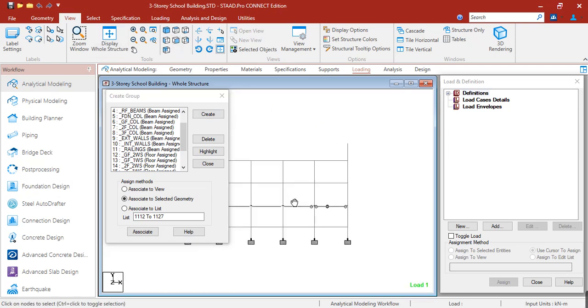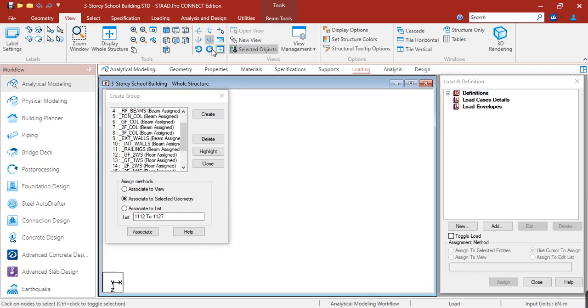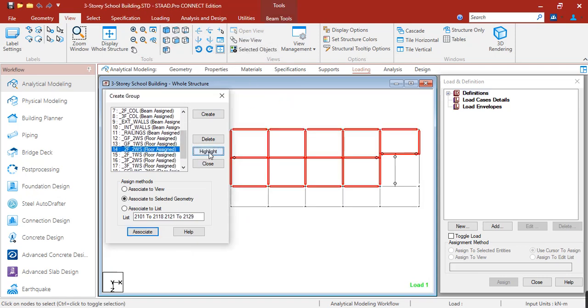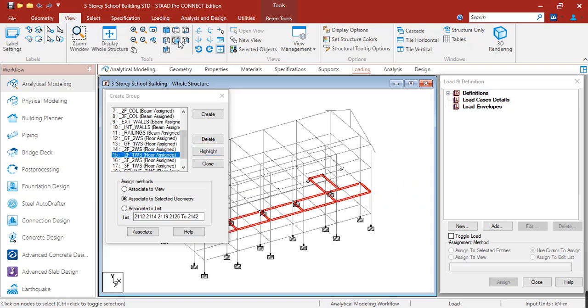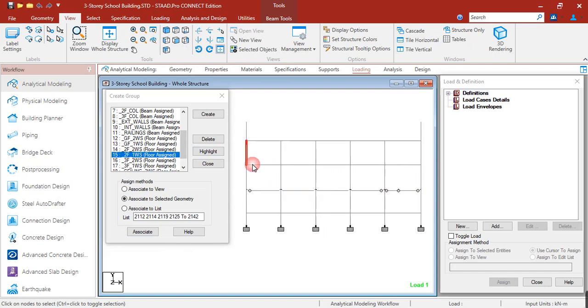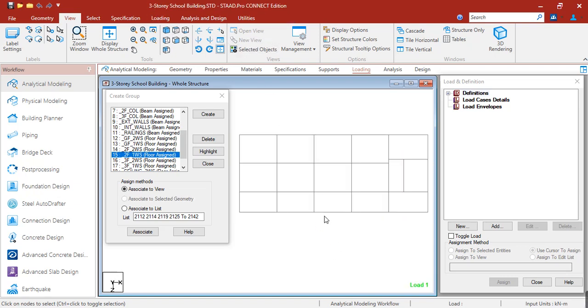So let's take a look now for the second floor. Second floor two-way slab, second floor one-way slab. Okay, for the third floor, let's highlight it, view selected objects.